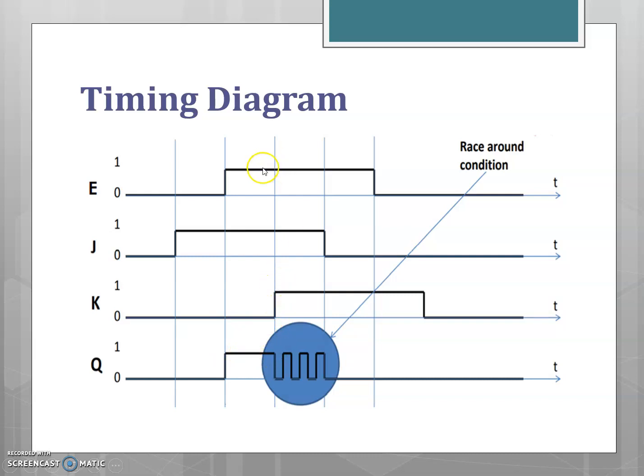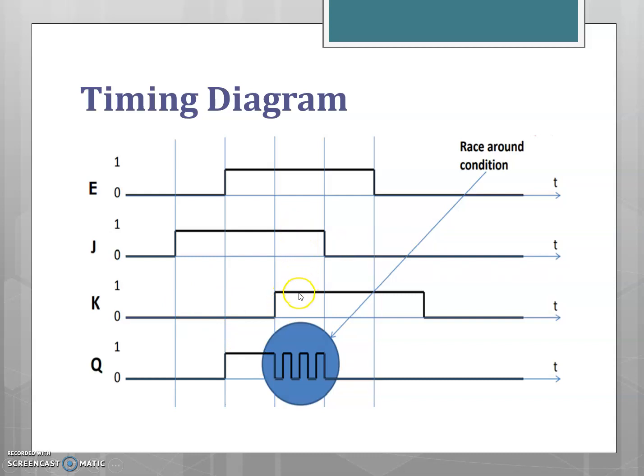And at this point the value of the input changes, that is, K changes its value from 0 to 1. So here J is equal to 1 and K equal to 1. For that condition, the output is the complement of the previous value. Previously the output was 1 and at this point the toggling happens, so it changes to 0. The output will remain 0 for a certain time depending upon the delay, and then it again checks the values of the J and K inputs.